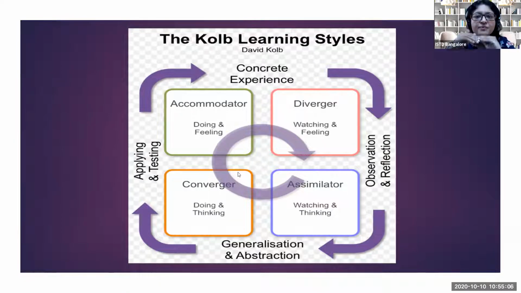So Kolb's learning cycle, we will integrate this with our adult learning style as well. David Kolb, okay, so there are 4 stages if you see here: assimilator, converger, accommodator, and diverger. Now, if I give you an example, it will be easier for you to relate and remember forever. It's not just some terms which you want to memorize. Don't memorize anything. You have to map it with certain examples to make it retainable for you lifelong. Okay, so starting with assimilation. What is assimilation?